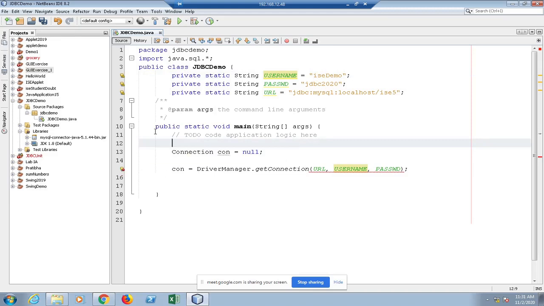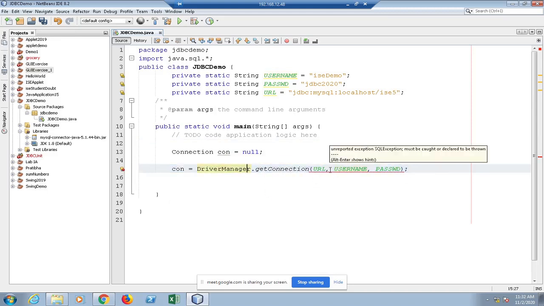Okay. So earlier error is gone, and now one error is on line 15 for this get connection method. So when I hover the mouse on this, it says unreported exception, SQL exception. So it should be either caught or declared to be thrown.